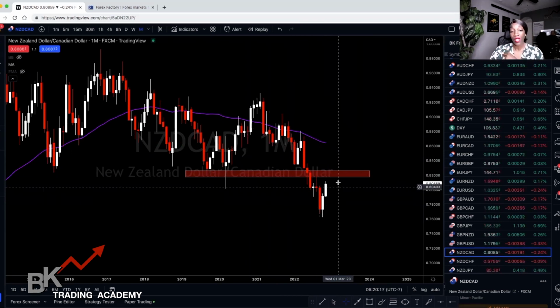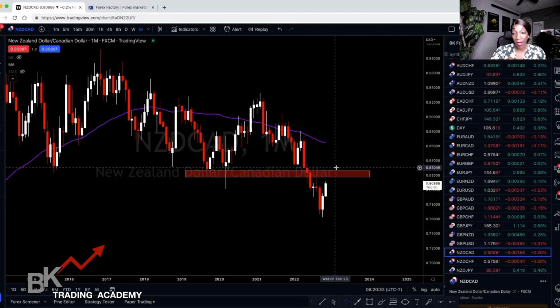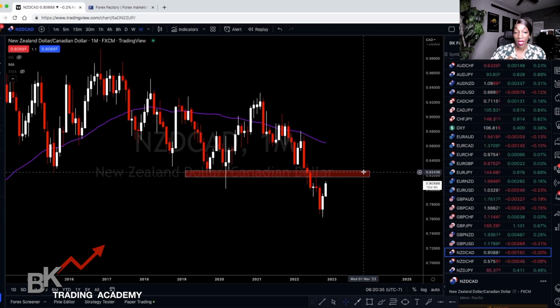You see that? So what we want to do is monitor this zone first. I do believe this is where we're going to see some reaction. We could possibly see a deeper retracement, but right now I feel our opportunity is at the 0.8220 zone. So 0.8220 to about, I would even say, honestly, 0.8300. So we have to just wait and see what the price action is doing once it gets to